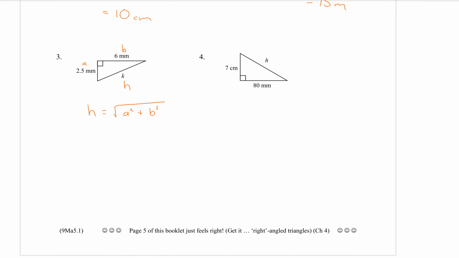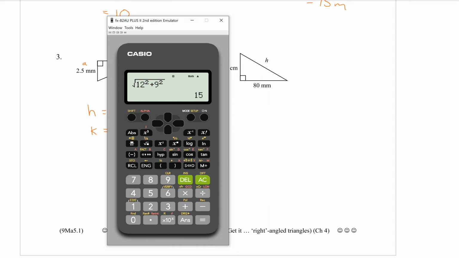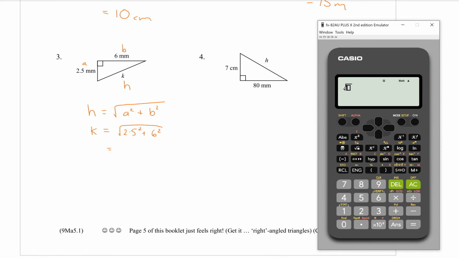But I have started. The H is where the K is, the A and the B I've labelled those, and I've written my formula down. Second step, instead of H, it's going to be K, so I change that letter there, because K is what I'm trying to find. Big square root sign, A is 2.5, and I put a square on that, plus B, which is 6 squared. And in the calculator, square root of 2.5 squared plus 6 squared equals 6.5